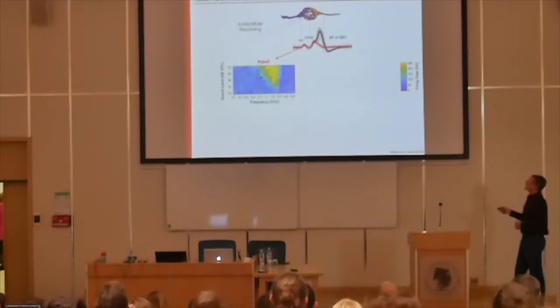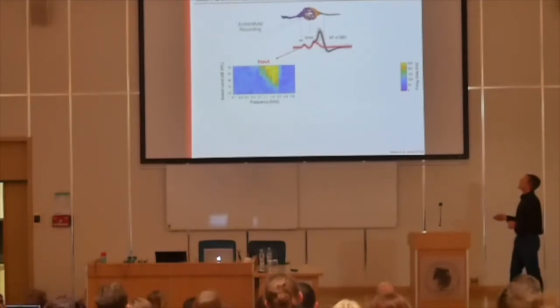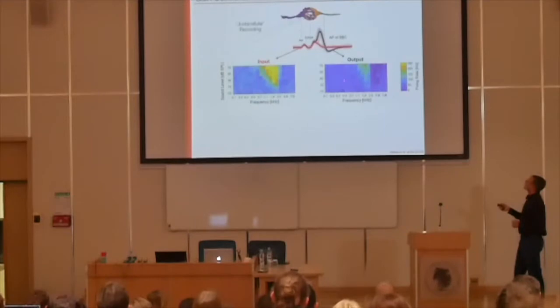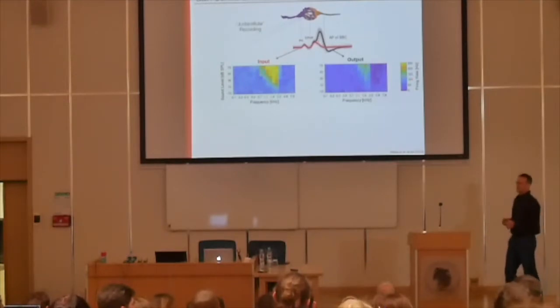So if you now take a look here at one of the tuning curves of those cells, then you see here that this is just the tuning curve of the pre-potential. So this is essentially what's delivered by the auditory nerve. If you compare this now to the output of it, then you see essentially two things. You see that there is this inhibitory region here, but you also see that the output here is much less strong. So this is shown on the same scale.